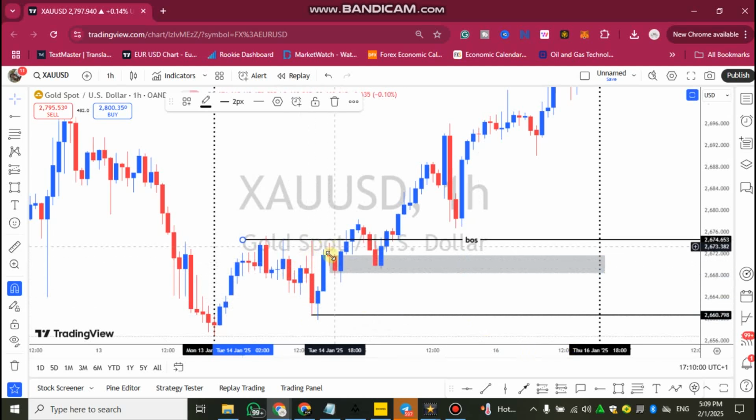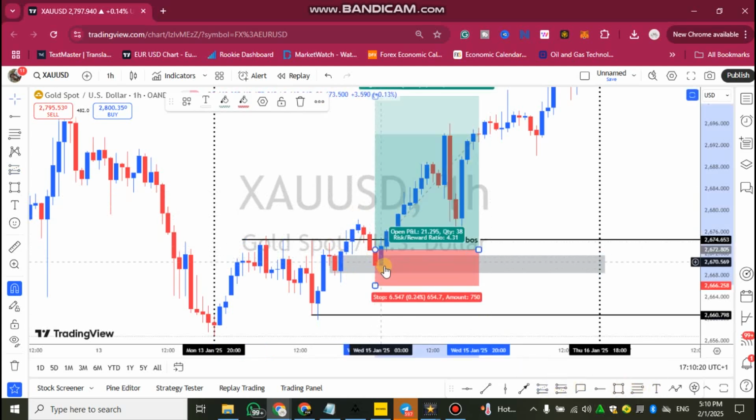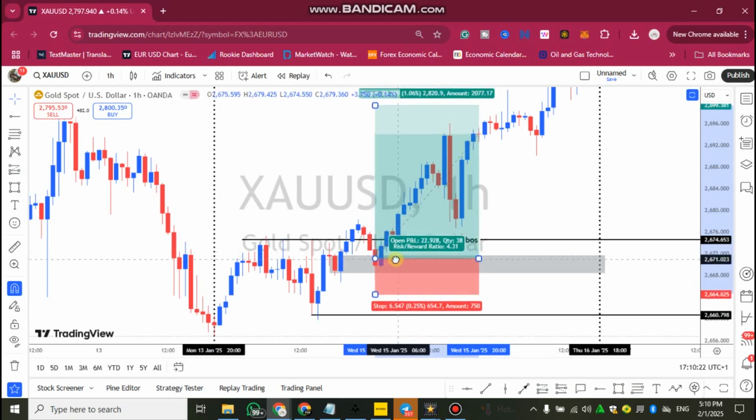So once I see price break structure, I know that price may likely go back and retest the order block, or maybe the fair value gap, before it reverses back to the upside. So I'll mark this area as my buy zone and I'll put my buying entry. The moment I see a confirmation in the lower time frame, I'll put a buy trade like this and I'll put my SL below this previous low